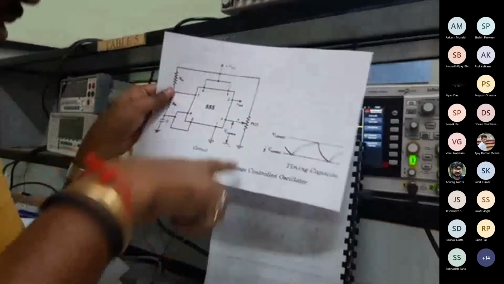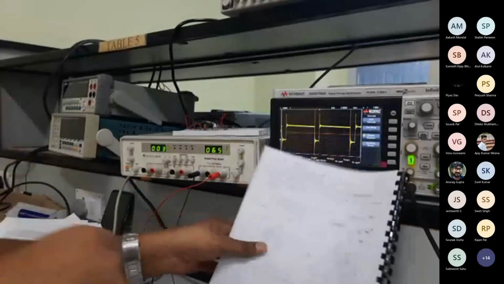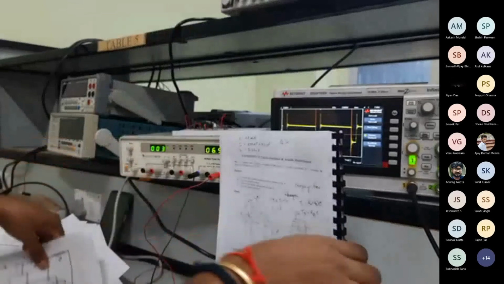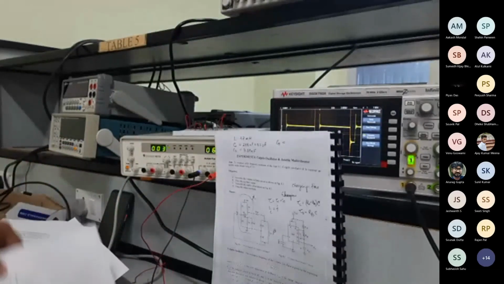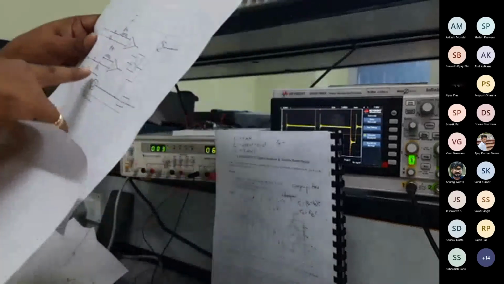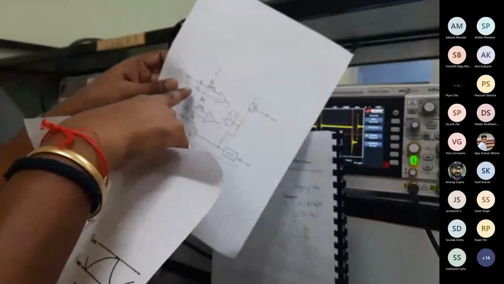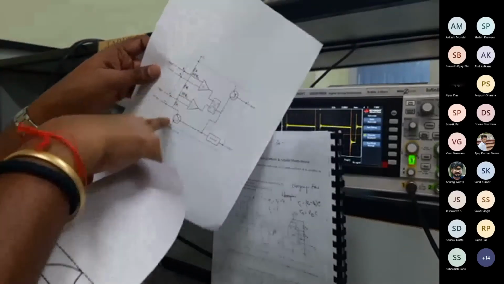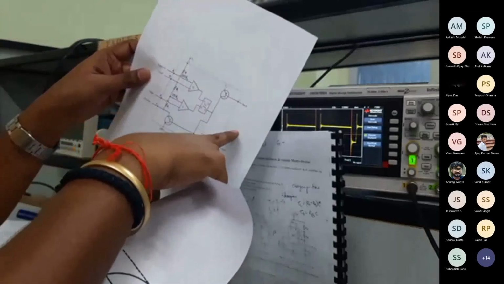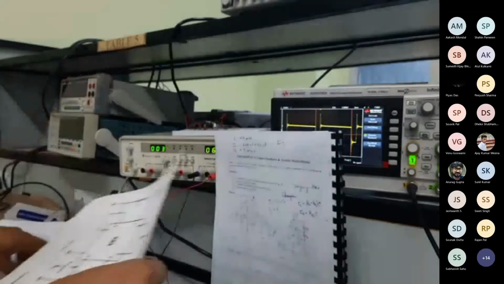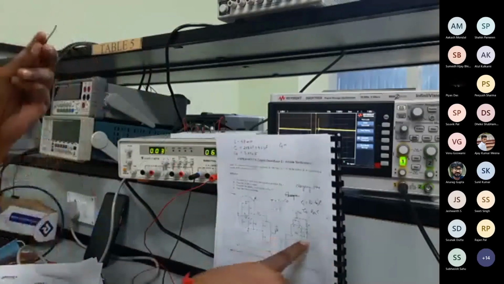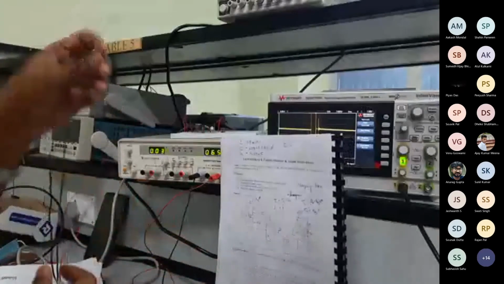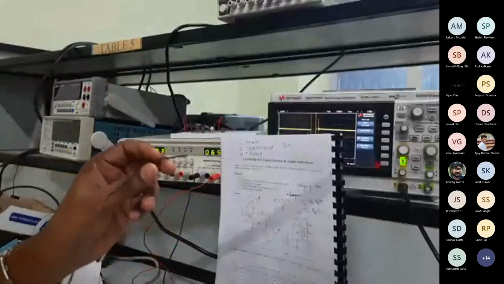By just removing this capacitor here, which we used from pin number 5, okay. Pin number 5 is the reference of the upper comparator. Sorry, not the lower comparator. So we can adjust the reference voltage of the upper comparator, and we can change the duty cycle at the output. That is the thing. I'm going to use this potentiometer by removing this capacitor between 5 and ground, right? So I'm going to connect it.